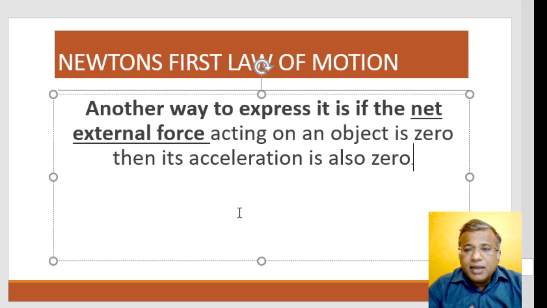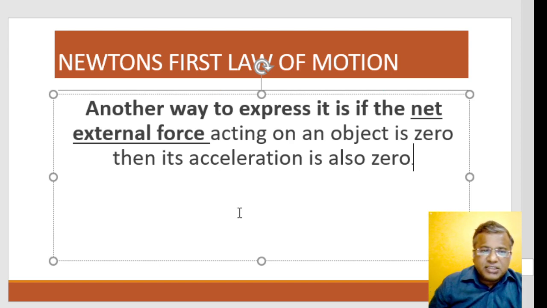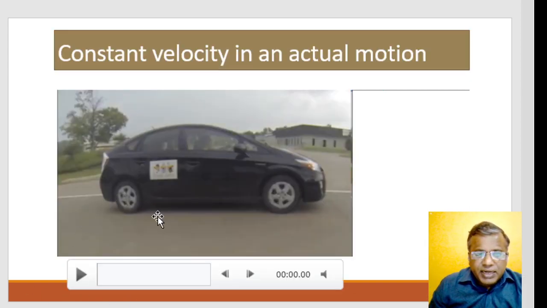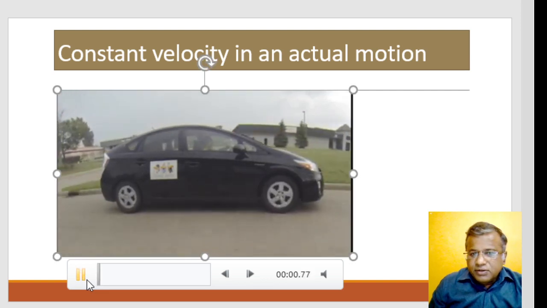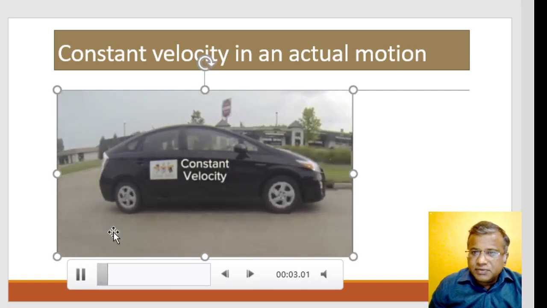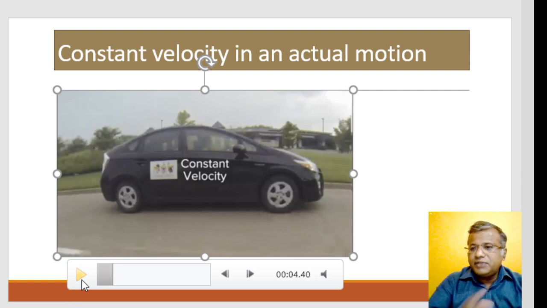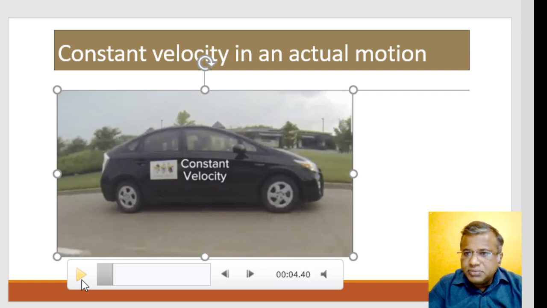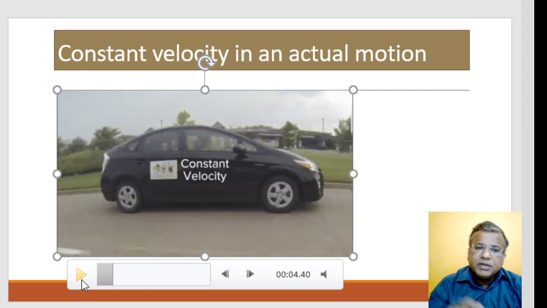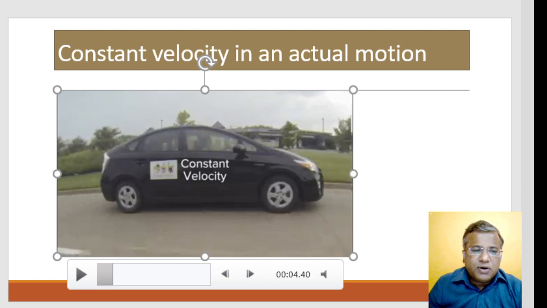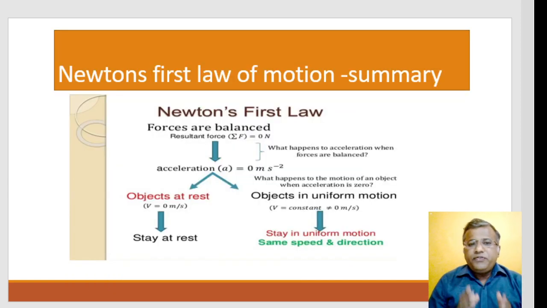But again, don't get confused. Even if acceleration is not there, like in our example, see the word which is coming over here, it's constant velocity. Okay, so if the acceleration is not there, it doesn't mean that the object is not having any motion. The object has net acceleration zero, but it's moving with which velocity? Constant velocity. Okay, so to summarize Newton's first law, if the forces are balanced, then the acceleration is zero.